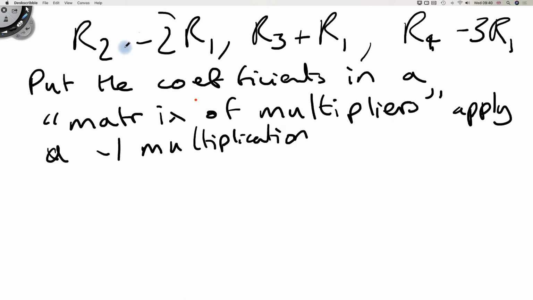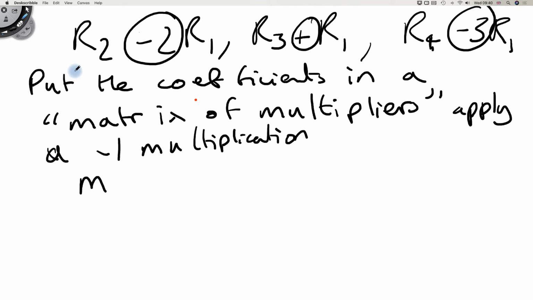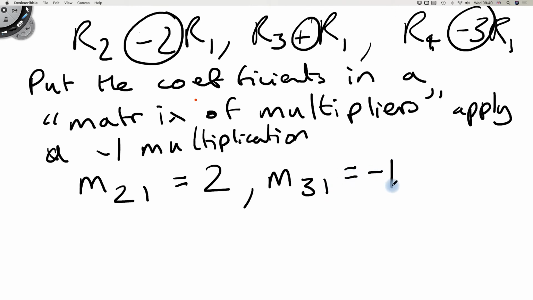So I've got these coefficients, -2, +1, -3. They're going to go into a matrix, and I'm going to call it M, and the elements of M are going to correspond to the row indices here. So it's going to be M21 equals 2. And this is where I mean the -2 multiplication. I've taken the -2 and multiplied by 2. Just something you have to remember. Then you can have M31 equals -1. M41 equals